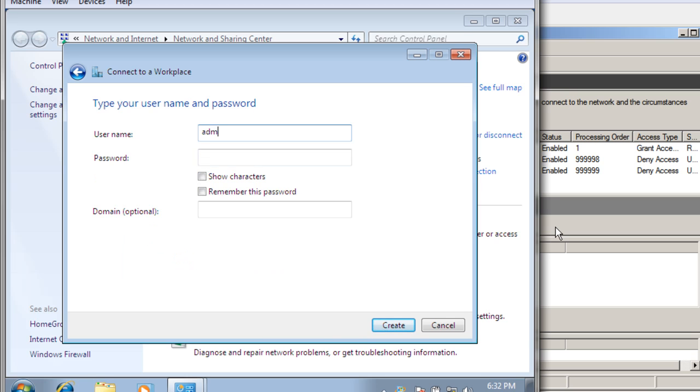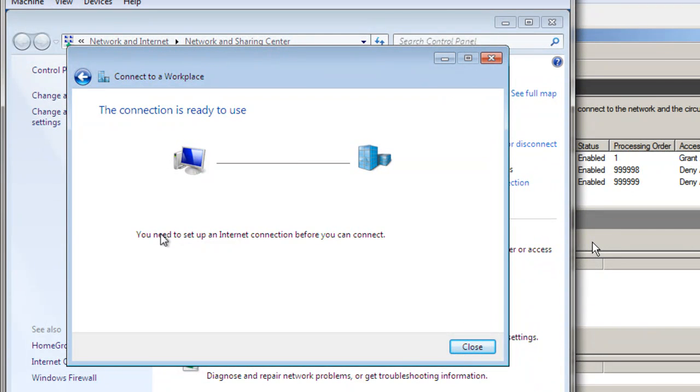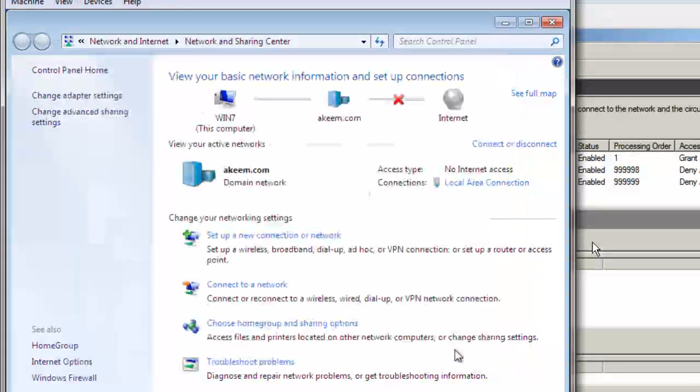Username will be administrator, and the password that you set. Alright, create. Okay, the connection is ready to use. We'll close this off. Okay, so now come to the